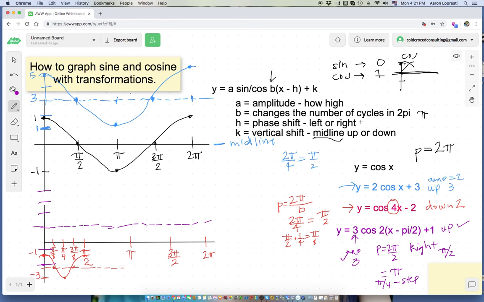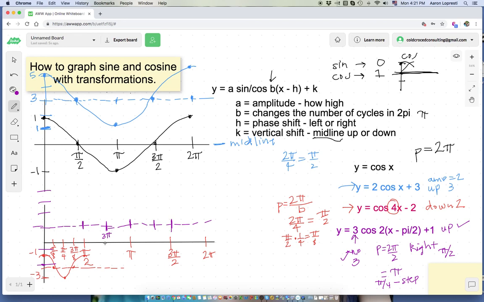Okay, we start right at pi over 2. So our starting point now is right here. And our period then is pi. So we're going to go a distance of pi, not at pi, but one more over. Everything has to fit within there now. Okay, so here's the middle, and the middle of that one, and middle of that one. Those are our landmarks. So in each step is 1/4 pi. So this then would be